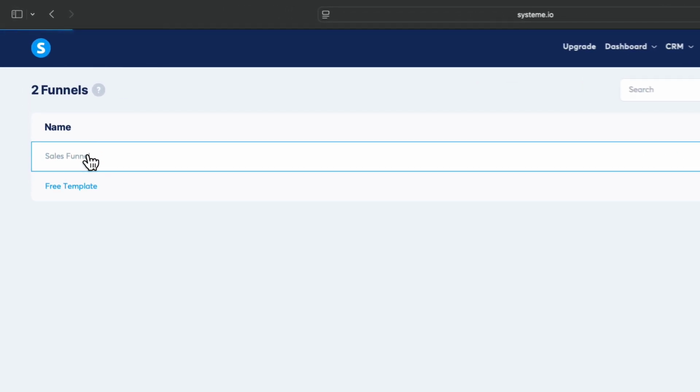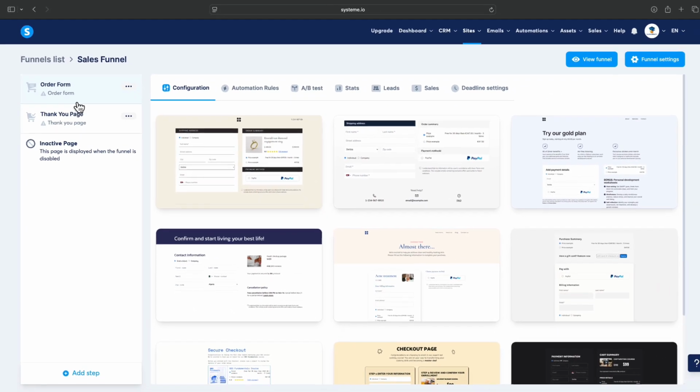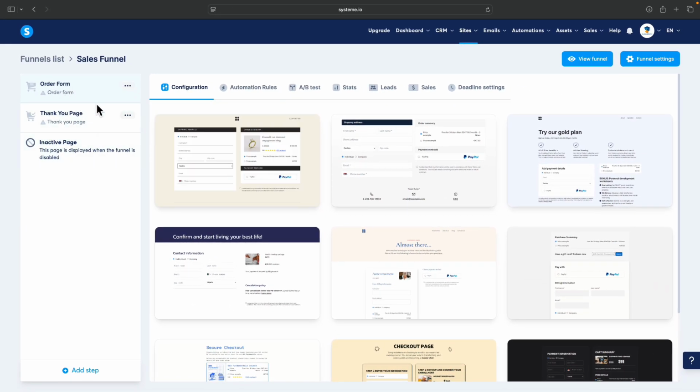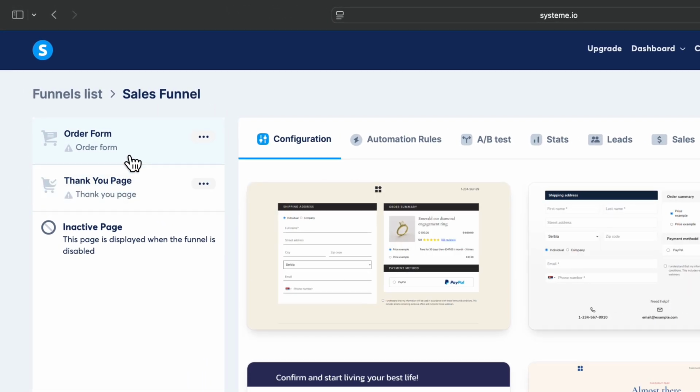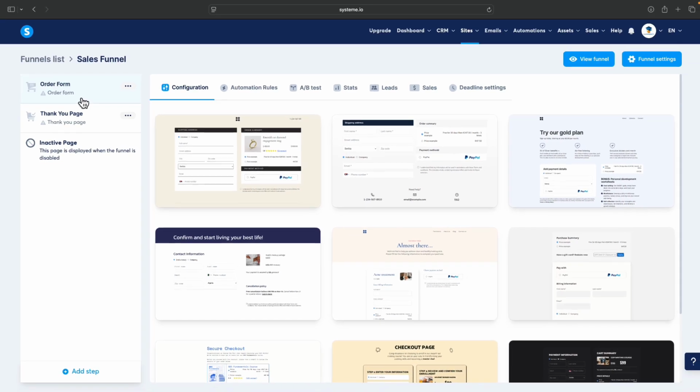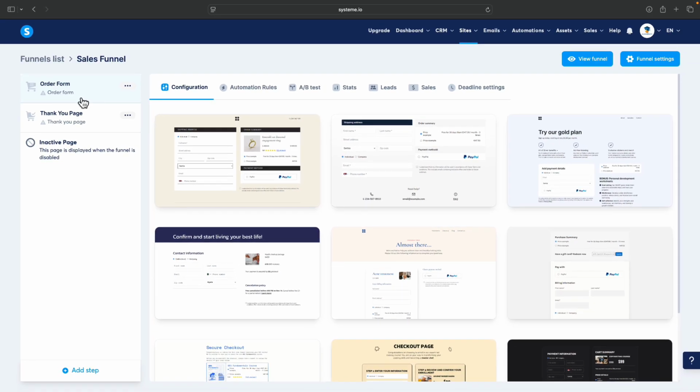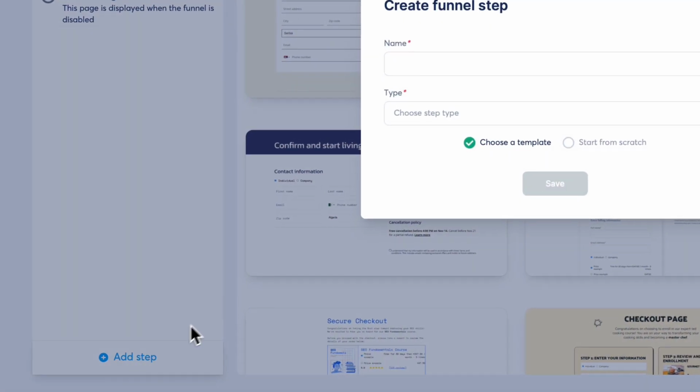So click on sales funnel. And as you can see, in this left sidebar, we have 2 pages: order form and thank you page. What I would suggest to you is to add one additional step, one additional page, and that would be a sales page, so you can increase your conversions and people know what they are buying actually. So click on add step, name